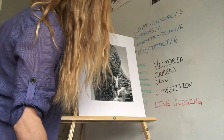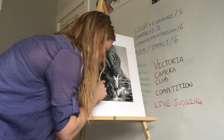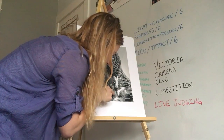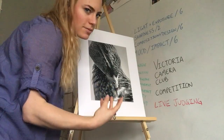Sharpness is really good. It's definitely been sharpened quite a bit. It's extremely sharp here, but I think it might be over-sharpened as well. You can see a lot of artifacting happening throughout the beak area and down here. Furthermore, we've got this strange kind of blur, like a Gaussian blur effect down there, which takes away from the sharpness